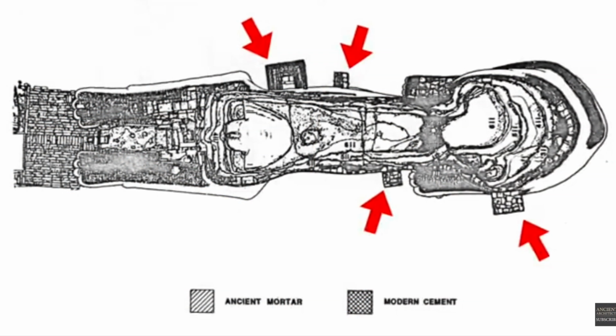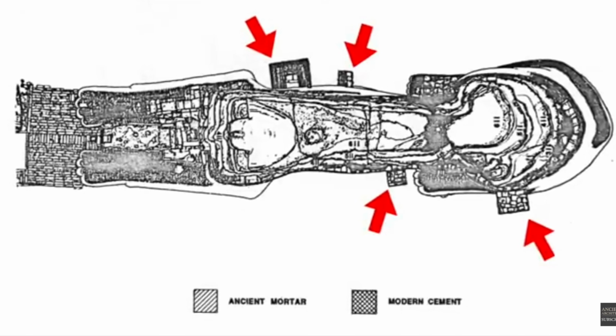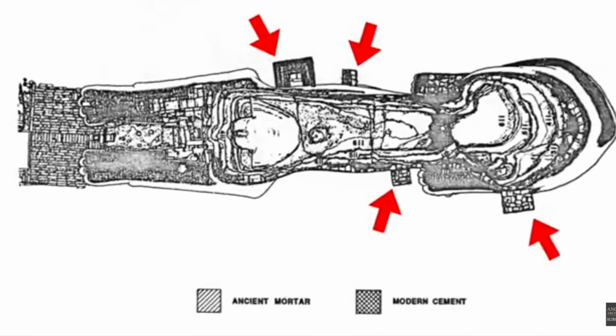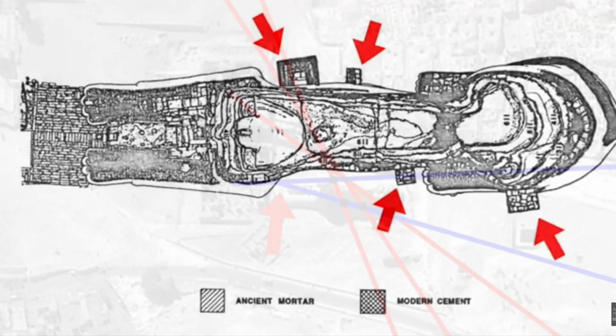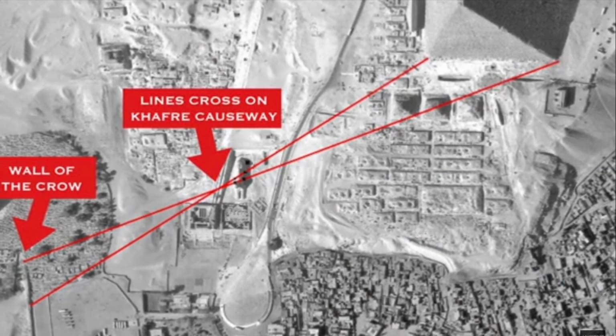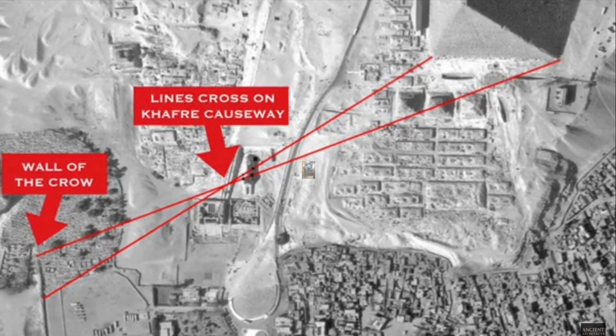So my friend Matt Simpson, the owner of the great channel Ancient Architects, in this recent video talked about these points on the Sphinx that seem so out of place, these oblong boxes. And then he began to sort of connect them. He thought just kind of by instinct, he saw that they created lines that pointed to incredible things all over the Giza complex. Well, I'll bet he'll be doing more on what I'm going to talk about today because